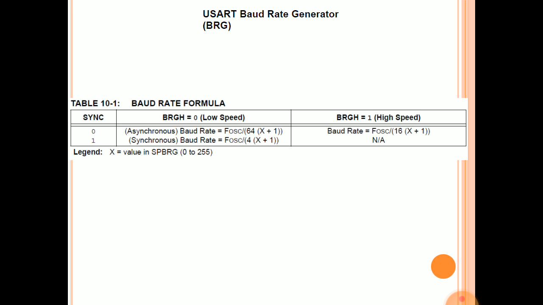If in synchronous mode, that is the SYNC bit is 1, in synchronous mode only one speed is there. The synchronous mode baud rate is given by